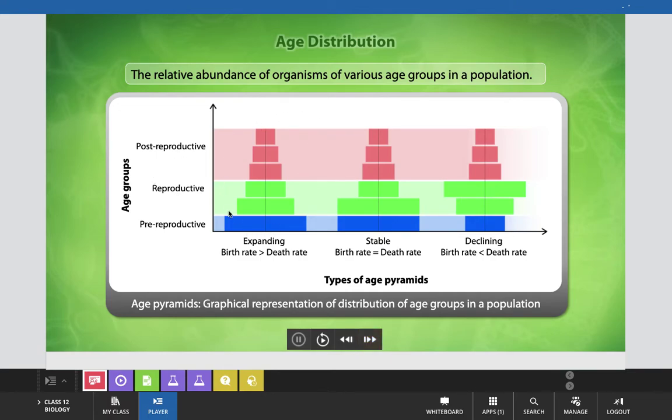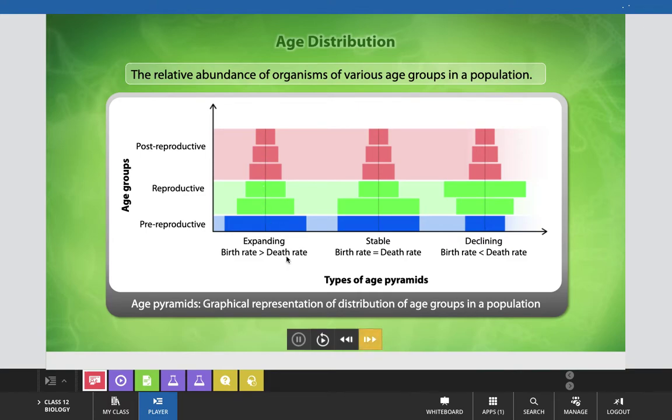Here you can see that in this type of age pyramid, which is known as expanding, with the help of this pyramid we can conclude that the population of an area is in expanding mode. Means here the birth rate is greater than the death rate, because pre-reproductive people are more than the